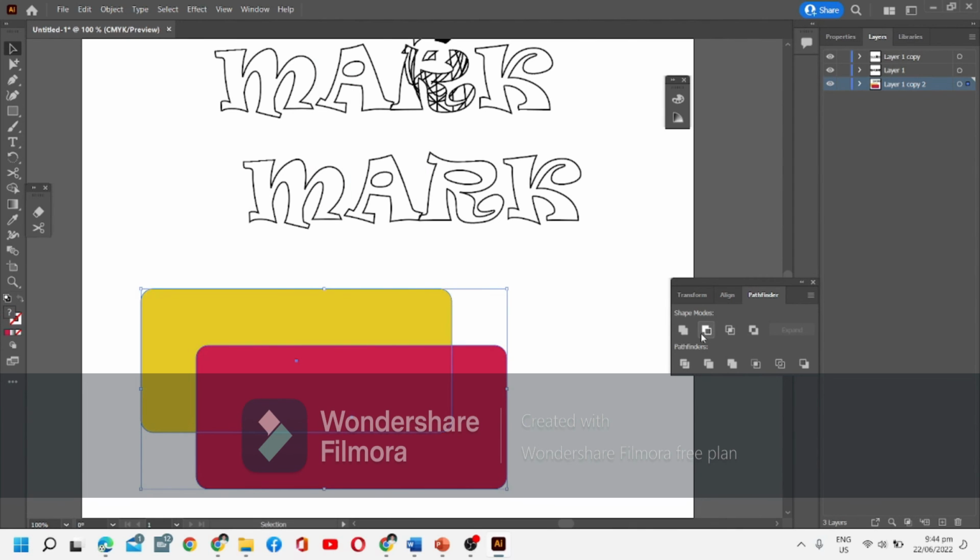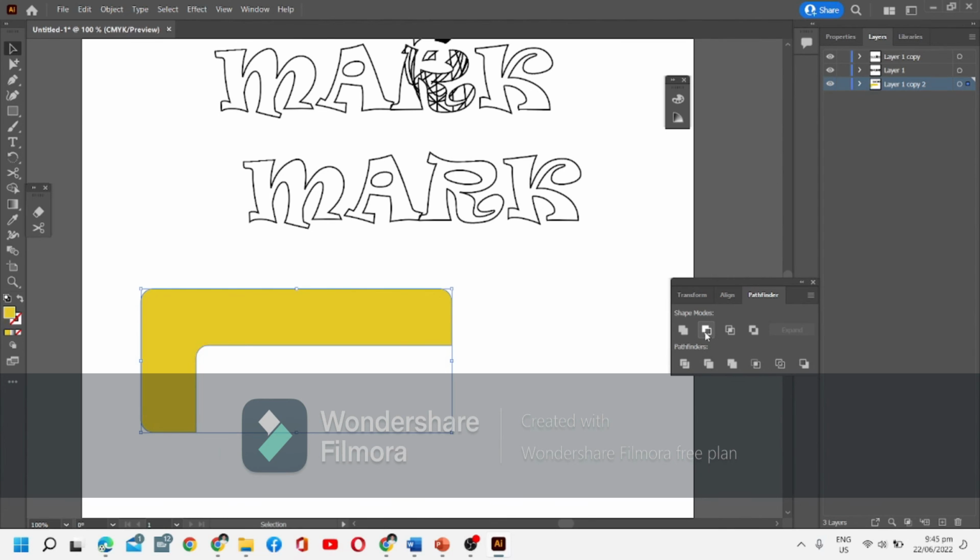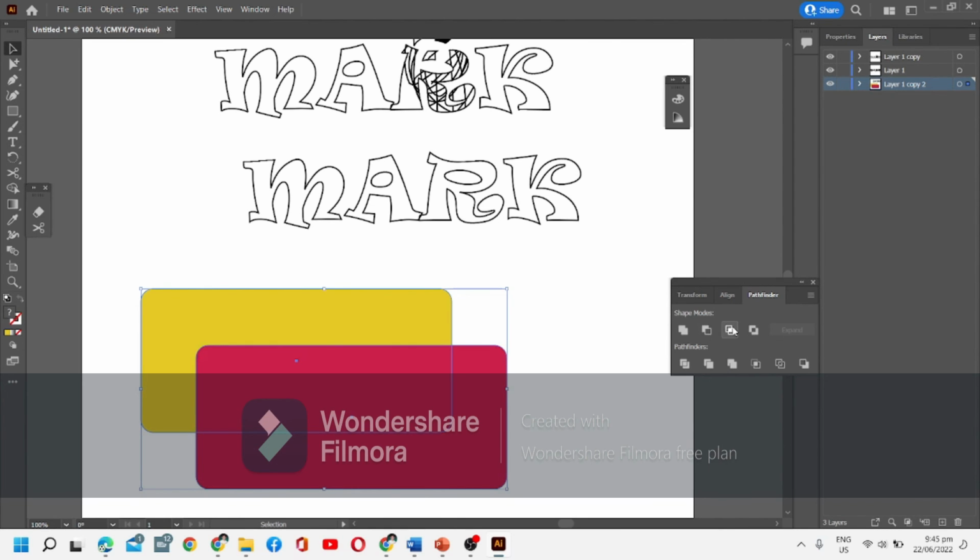And another shape mode is the minus front. So the front one will be subtracted from the shape area. Okay, the red one is already subtracted from the second picture. So that is the result of the shape mode. And then another shape mode is intersect. So what is that intersect? Those parts of the objects that intersect each other will be